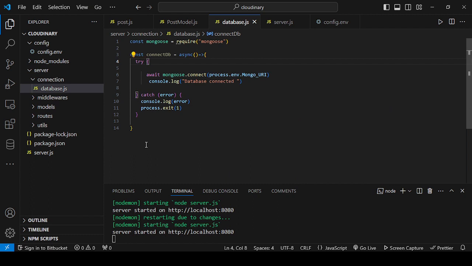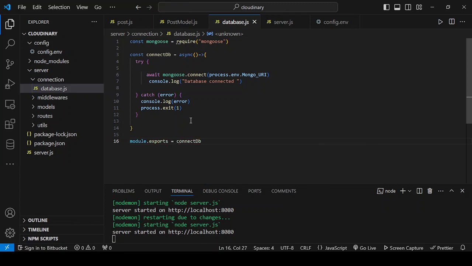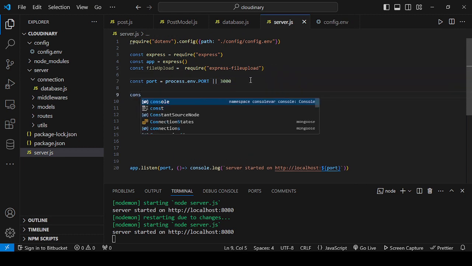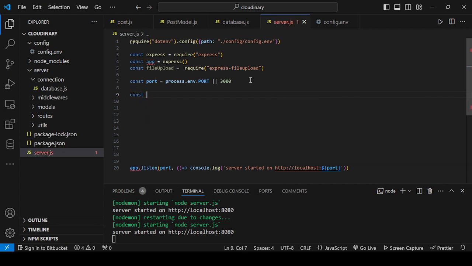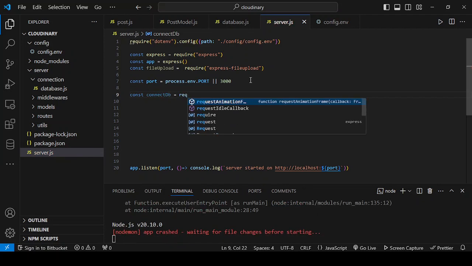So that is it. So let's export this function. Module.exports, set it to connectDB. So let's go to the server and bring the DB. So let's just say here const connectDB equals to require